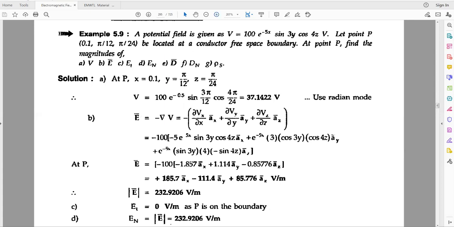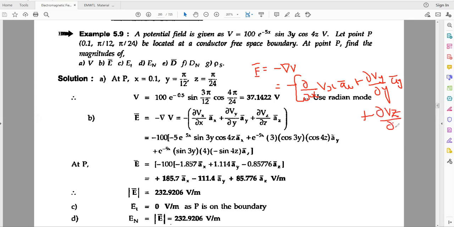the electric field E bar is related to the voltage, the potential, by E is equal to minus del V, the gradient of V. So E bar is equal to minus del V. Minus del V is minus of dou V by dou x times the Ax bar coefficient, plus dou V by dou y, totally the Ay bar coefficient, and similarly dou V by dou z is totally the Az bar coefficient.